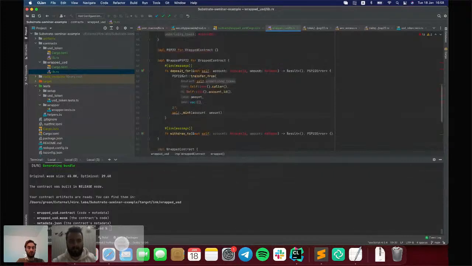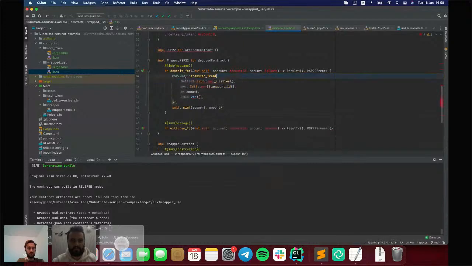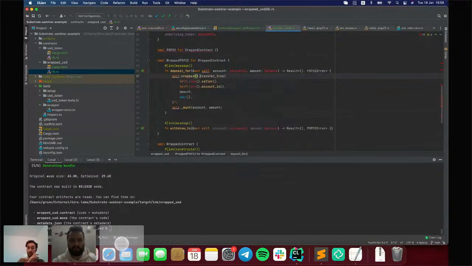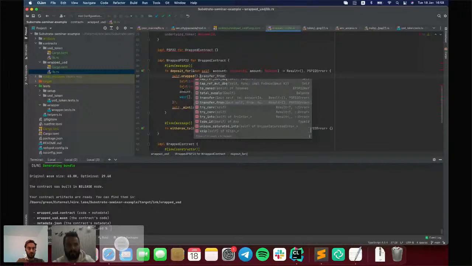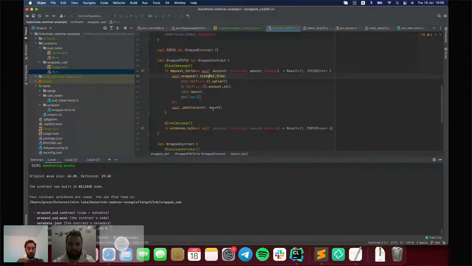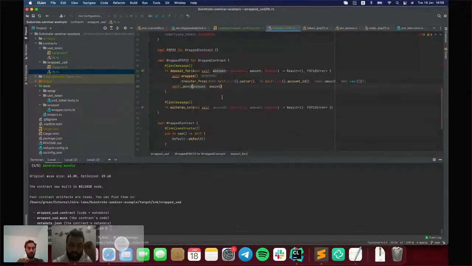Here, instead of an explicit call, we can do an implicit call, like wrapped transfer from. Maybe it's more readable than before.